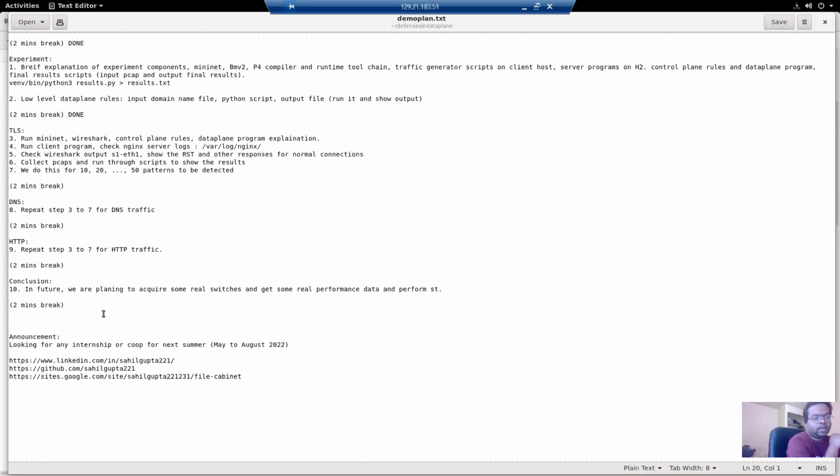In future, we are trying to acquire a new P4 switch, through which we are going to interface it with a gateway router, and the other two ports we're going to connect with the Ubuntu machine, and we try to probe the websites in real time and measure the performance of the switch in real time. So again, that's the objective here. In future, we need to do two things.